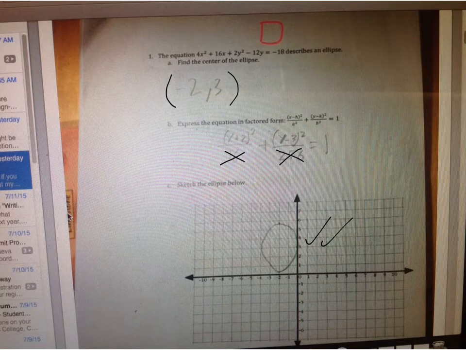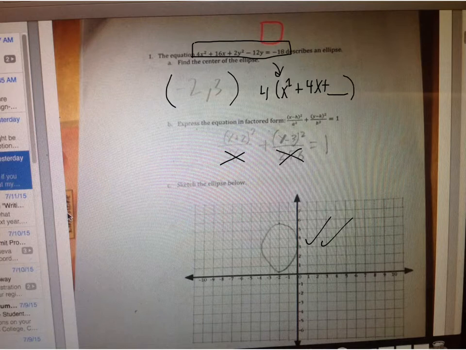The suggestion that I would use, and this is what we were working on when we did the stuff with ellipses, is to think about it in terms of completing the square. So if we were to factor out a 4 and have x squared plus 4x plus something, and then factor out a 2 over here plus 2, y squared minus 6y plus something, and then equals negative 18